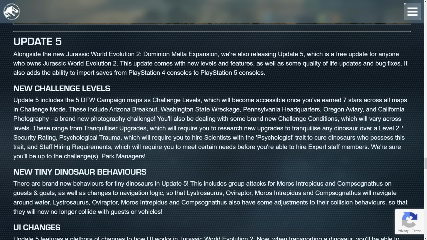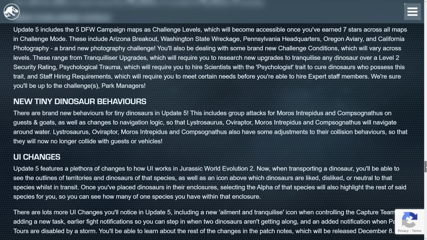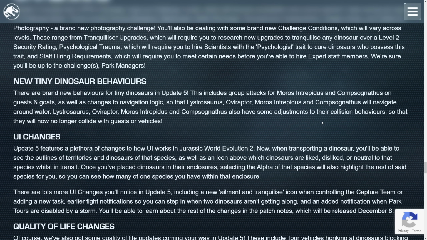So that's a pretty cool little change. We've got some UI changes. Update 5 features a plethora, fantastic word, of changes to how UI works in Jurassic World Evolution 2. Now when transporting a dinosaur, you'll be able to see the outlines of territories and dinosaurs of that species. That's cool. As well as an icon above which dinosaurs are liked, disliked or neutral to that species whilst in